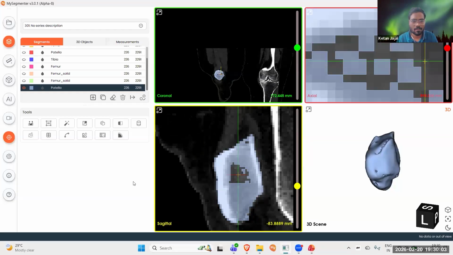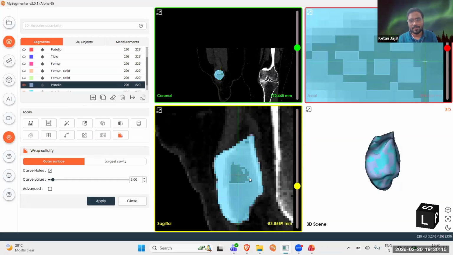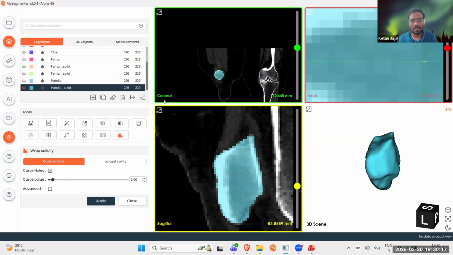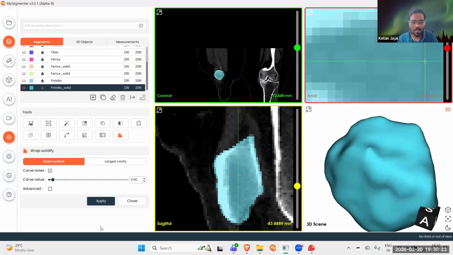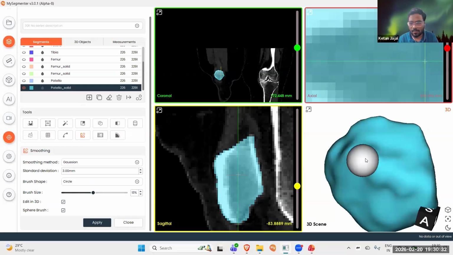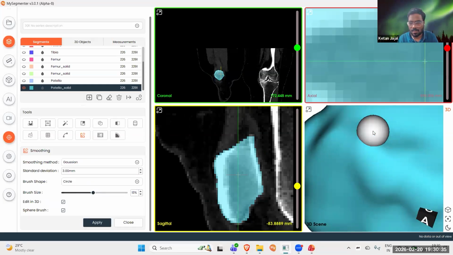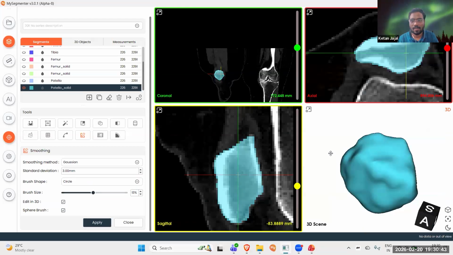still there open. So what I will do, I will use wrap solidify surface holes and I will give you the minimum value as the size of patella is less. So automatically this inside portion will be filled. And now I can see there is one sharp edge appeared here. I can get rid of it by using smoothing operation and using Gaussian and applying brush directly onto the surface. Now this particular sharp edge is vanished, and from the 2D image also we will be able to see this